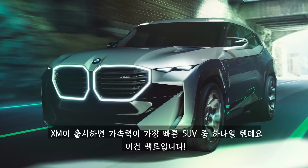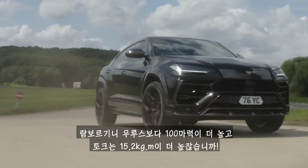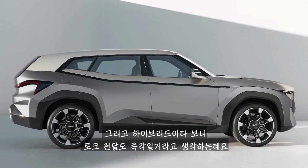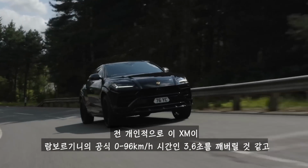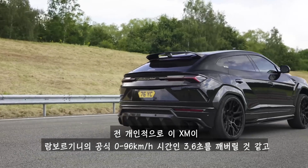And when it does, it'll be one of the quickest SUVs ever made. Fact. After all, it'll have 100 horsepower and 150 Newton meters more than you get in a Lamborghini Urus. And being a hybrid means its electric motor can deliver torque instantly. Now, I reckon the XM could be about to absolutely smash the Lamborghini's official 0 to 60 mile time of